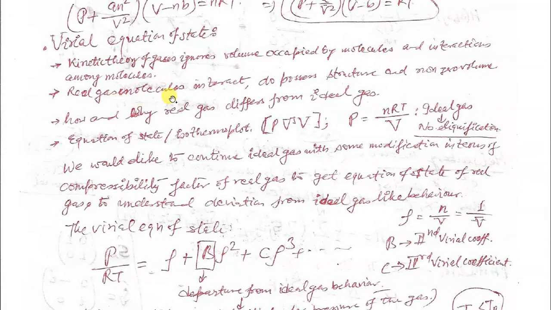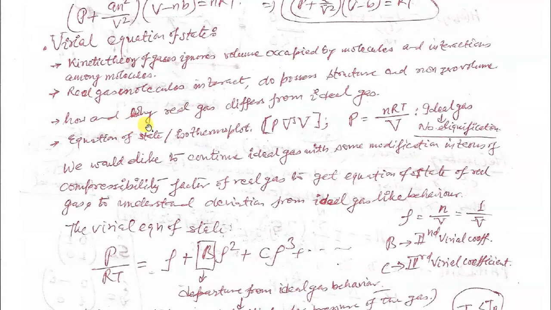But in the case of a real gas, the molecules have non-zero volume as well as interact with each other. A molecule has a certain structure as well. That's why it has non-zero volume, and it interacts with others. When you cool the gas, moving to the low temperature side, you can see there is an intermolecular interaction. Also, on the basis of ideal gas behavior, you cannot explain the phenomenon of freezing of liquids. Liquids you can't explain on the basis of the ideal gas equation.